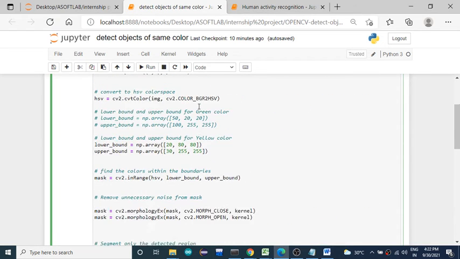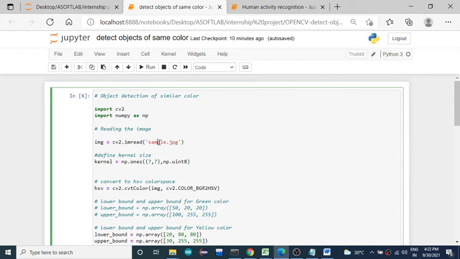We can make use of another image, like colored chips.